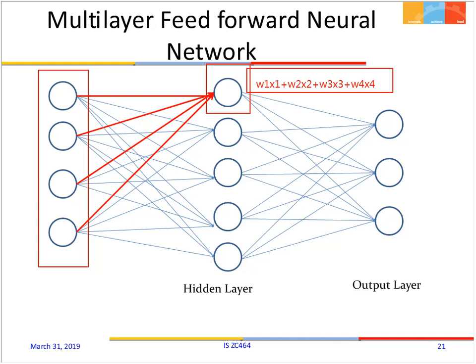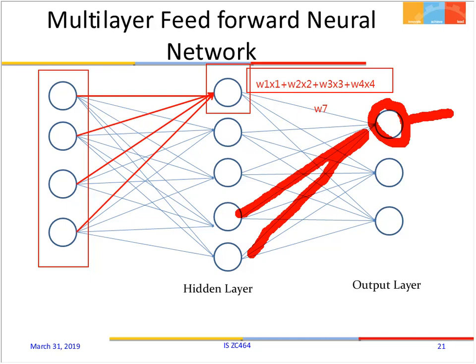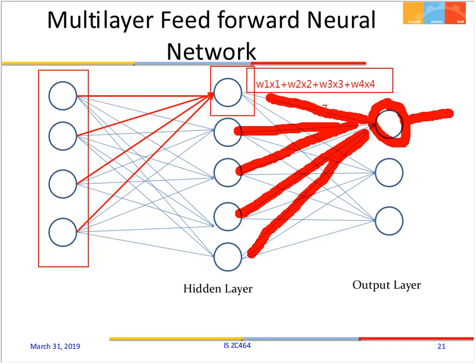So this one will actually get multiplied with the weight W7, and what my first output neuron, this one, will be receiving will have the outputs from each of these hidden neurons getting multiplied by their corresponding weights. So each line here is a synaptic weight. It will have its own corresponding weight, and the corresponding output, which is nothing but the weighted sum, will get multiplied, and another